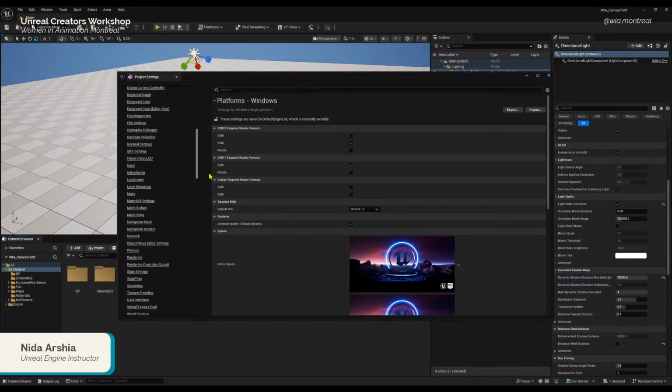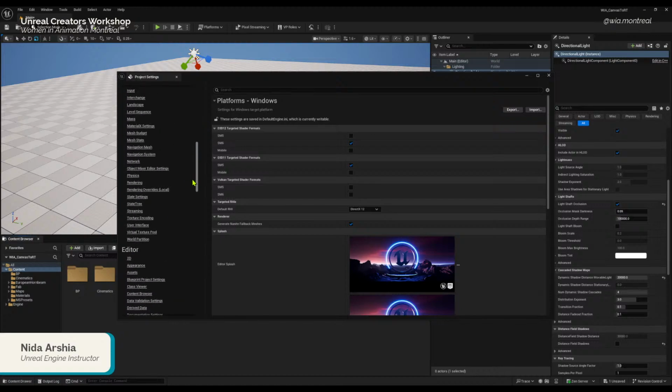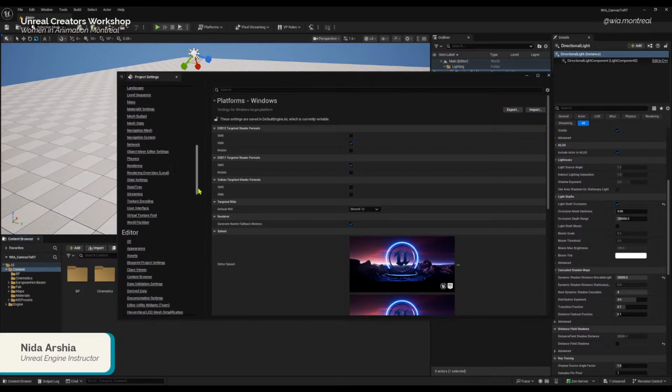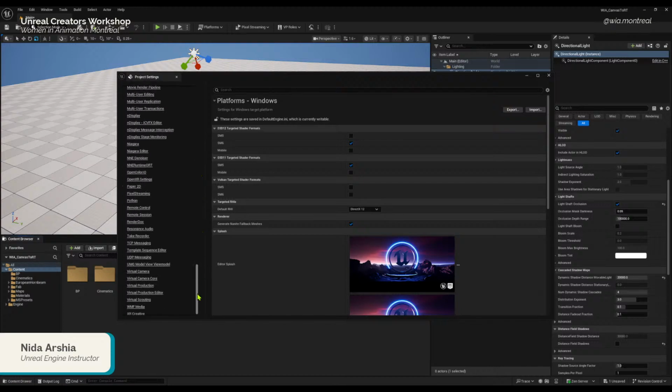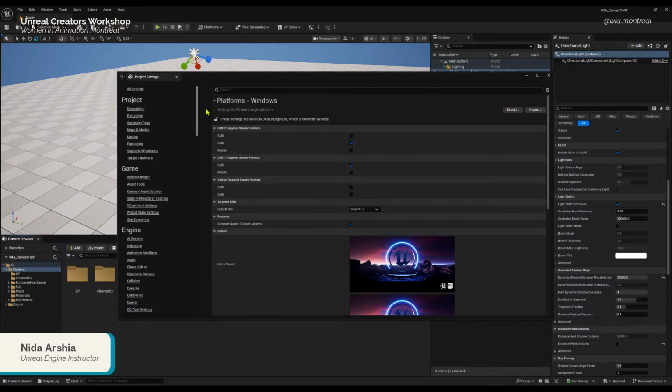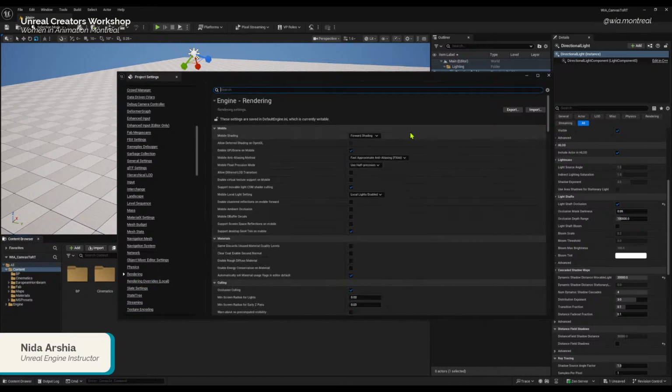And after that, we have, where is it? So in Engine, and then we also have, where is it? Yeah, okay, right here. So there are some settings in Rendering that we change.